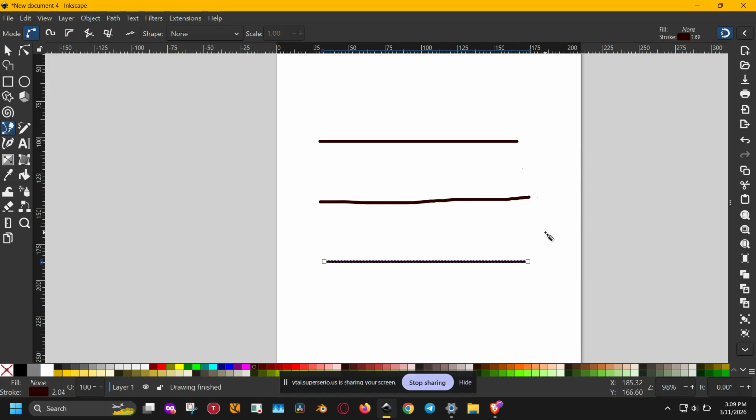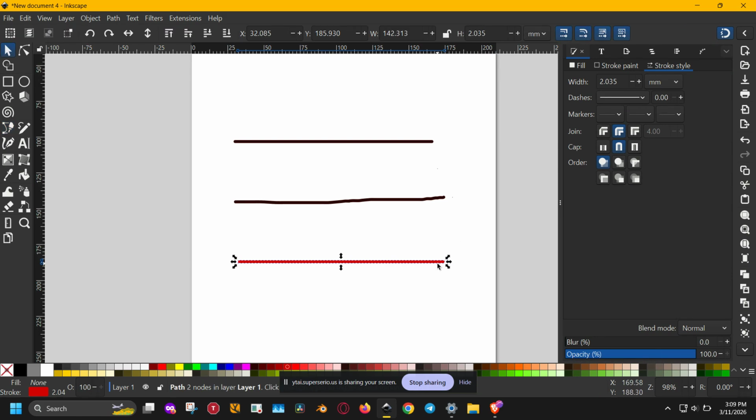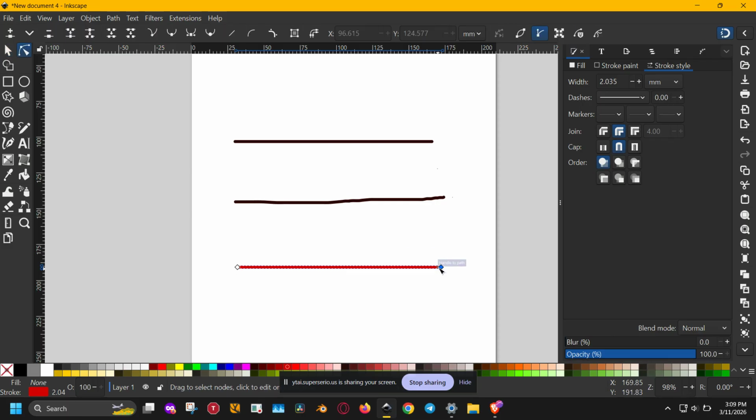Now that you have your line, you might want to adjust how it looks. To change the thickness, style, or color, press Ctrl plus Shift plus F to open the Fill and Stroke panel. If you need to move or scale the entire object, switch back to the Selection tool by pressing the S key on your keyboard. Alternatively, if you need to fine-tune the length of your line, use the Node tool by pressing the N key, which allows you to drag the endpoints individually. Mastering these shortcuts like B for Bezier, S for Selection, and N for Node will significantly speed up your design